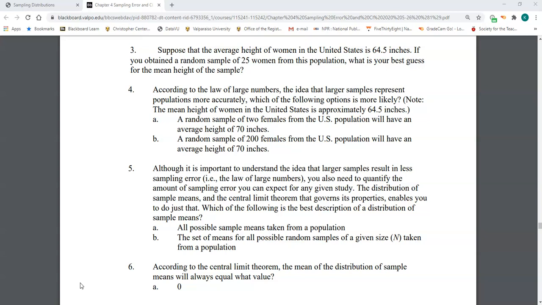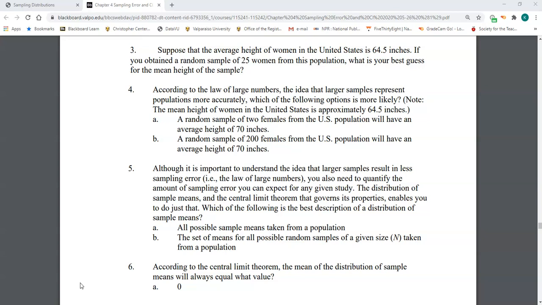Now before you start this activity, I highly encourage you to view the video that reviews the first half of the chapter. There's two videos reviewing chapter 4. I highly recommend you view the first one before you even start this activity. It's about 15 minutes. I think that's going to be 15 minutes well spent. It'll save you time in the long run if you view that and understand the material in there